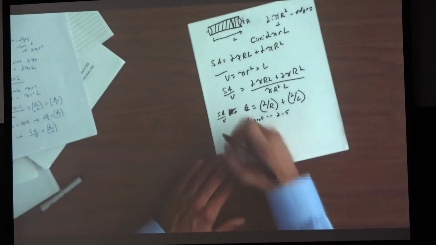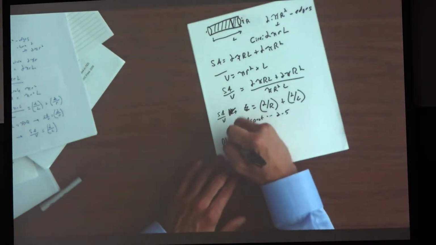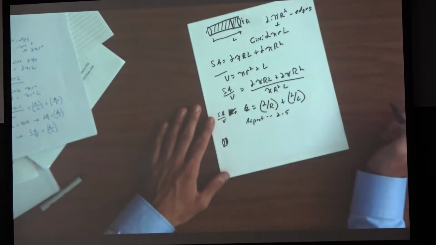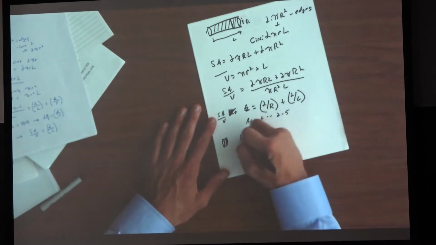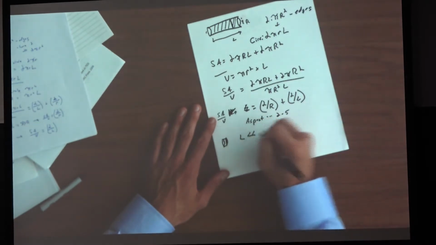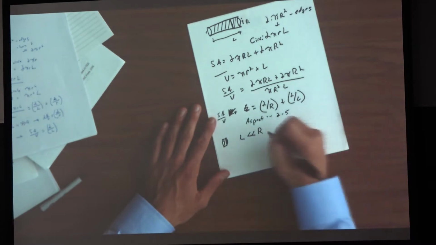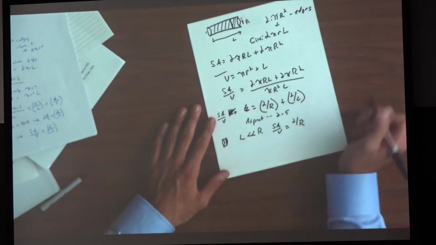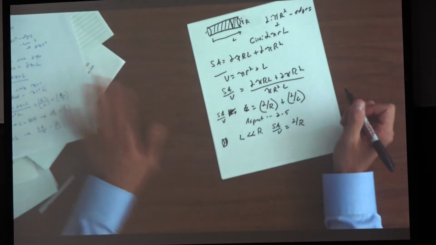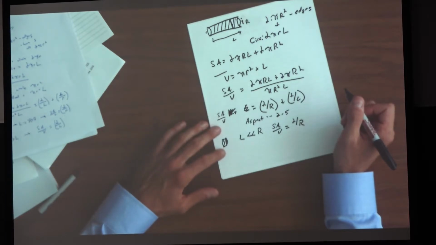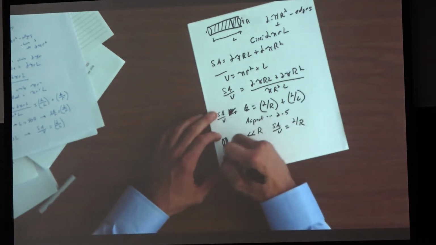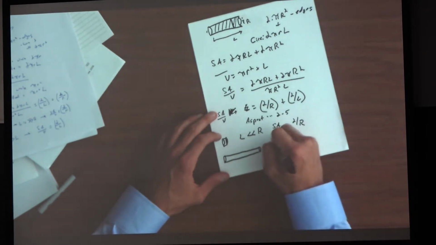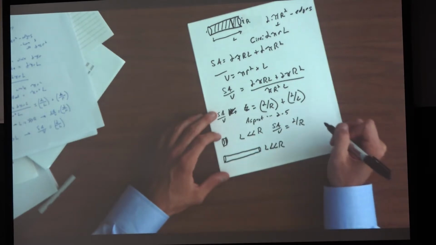Okay. But if you have a situation like this, like a nanodisk, then the length is much smaller than the radius, and the surface area to volume just becomes 2 over R, right? Our situation, if this is very, very long, length is much bigger than